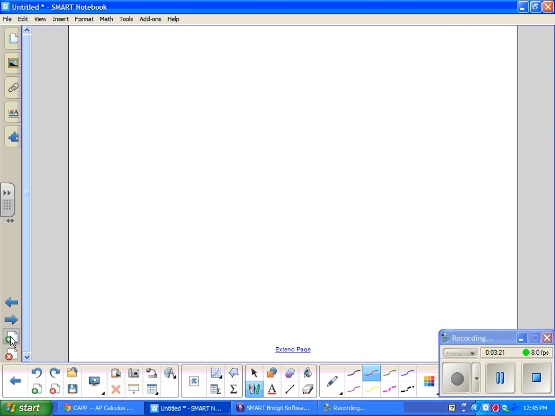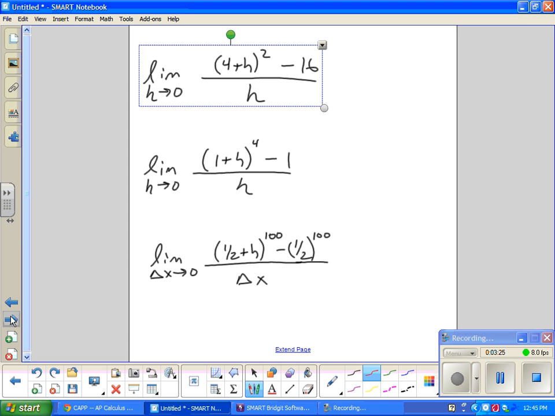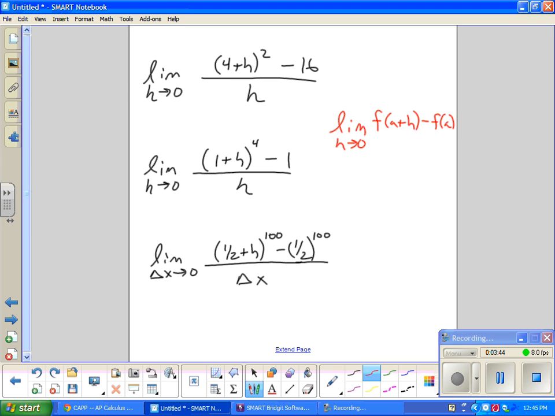When I look at the limit here, I'm going to do these 3 by recognizing all 3 of these are in the definition of derivative format. All right? And what I mean by that is when we look at the board right now, we should recognize all 3 of these have this format. f of a plus h minus f of a all over h. And we've learned that this is the derivative